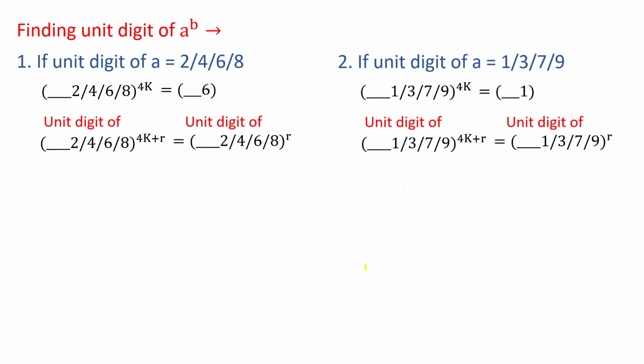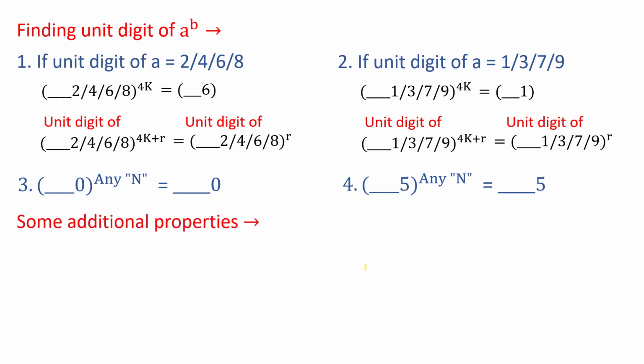First of all let's have a look at few more properties. If unit digit of a number is 0, to the power any natural number always ends with 0. If unit digit of a number is 5, to the power any natural number always ends with 5. There are some additional rules also. You can remember those also.